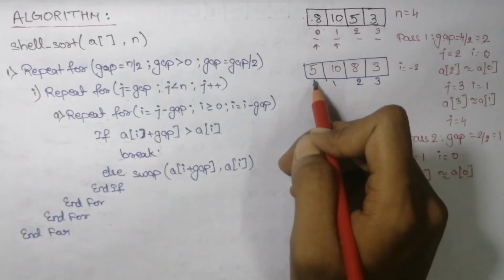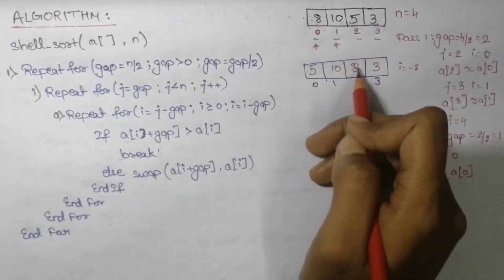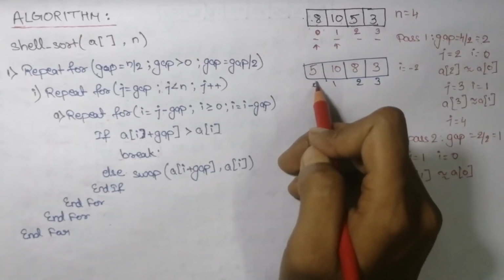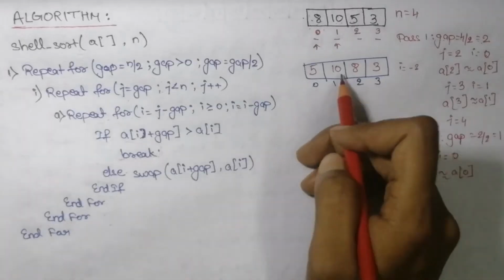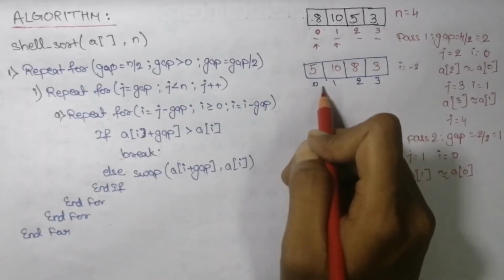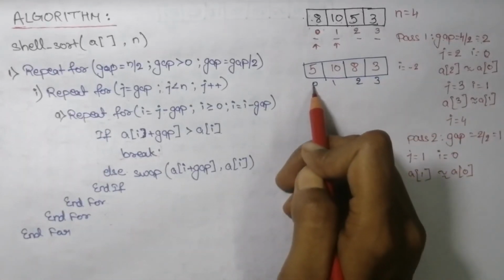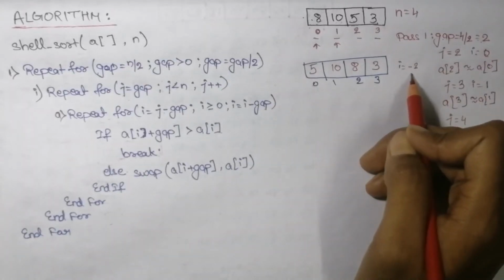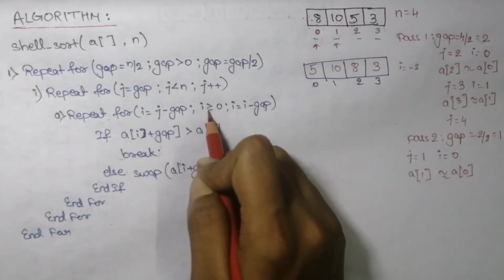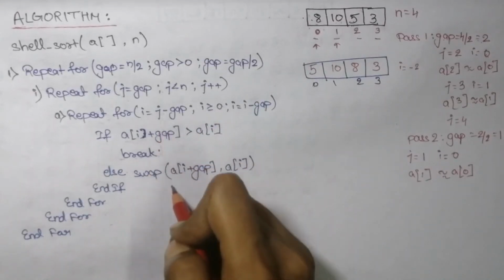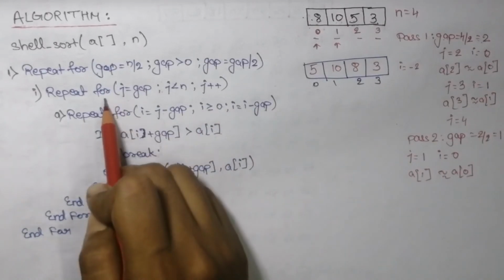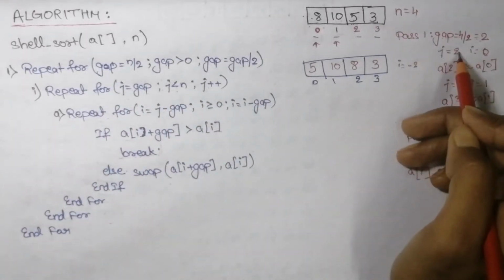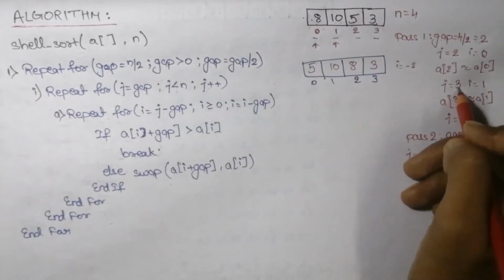I have also explained this a while ago that whenever a swap occurs, we also need to compare that swapped element with the previously gapped element. So here swapping occurs at the 0th index, right? So we also need to compare it with the previously gapped element, that is 0 minus 2 equals to minus 2. But here minus 2 is not greater than or equal to 0. So we will not compare it, and the control will go again to here, and we will set j plus plus. That means previously it was 2, now it will be 3.